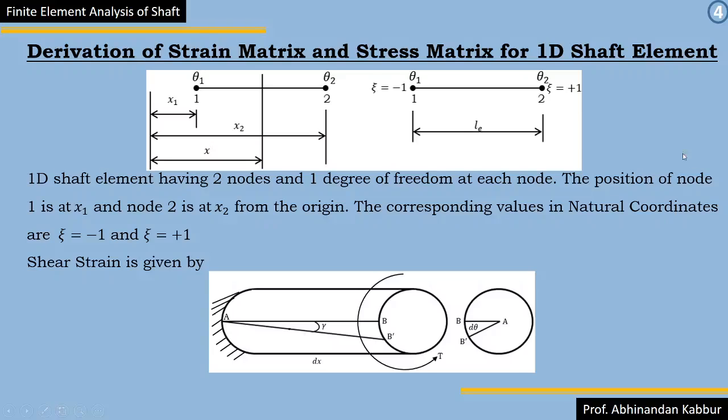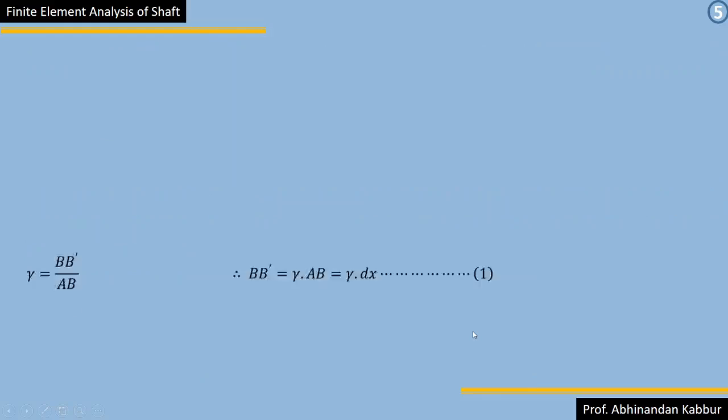Now in the second diagram here, this is my side view. In the side view, we can see the angular displacement which is taking place in the shaft because of the applied torque. So now we'll establish the relationship between the shear strain and this angular displacement. That is what I am doing here.